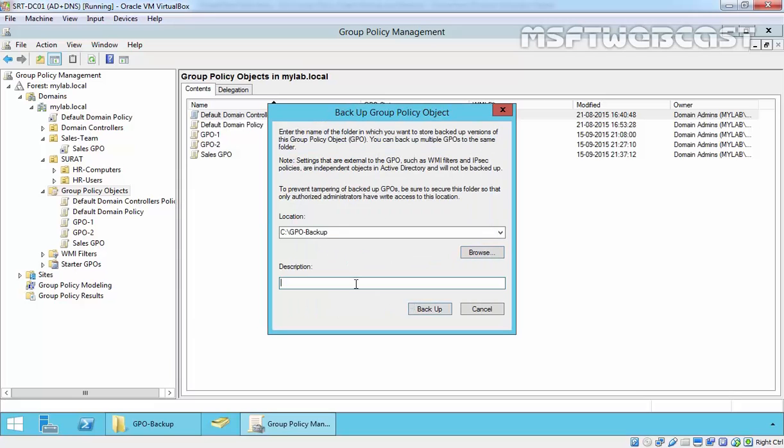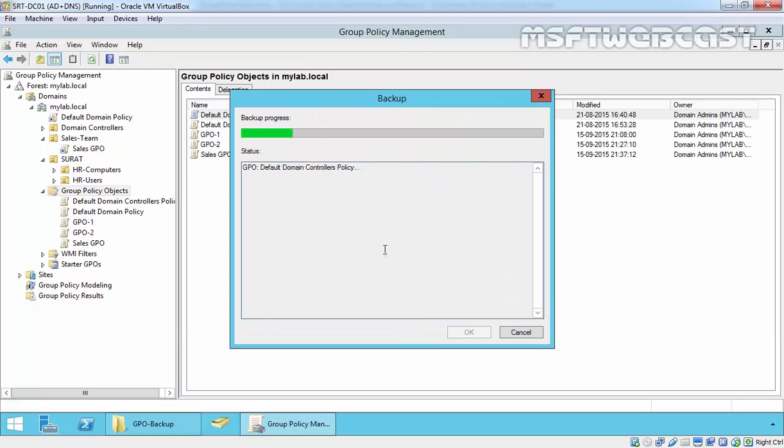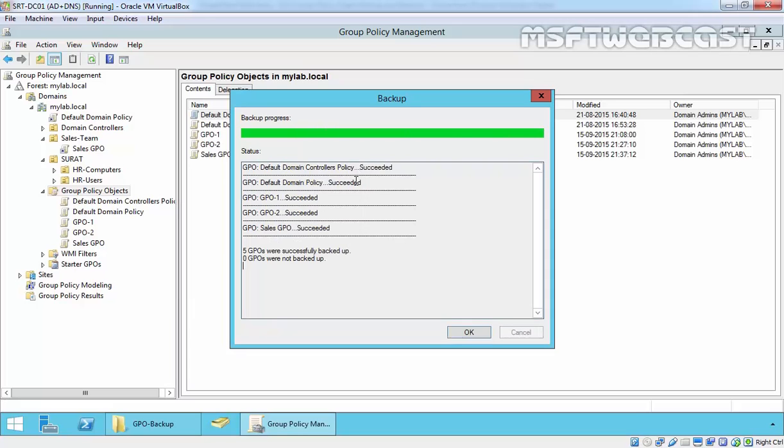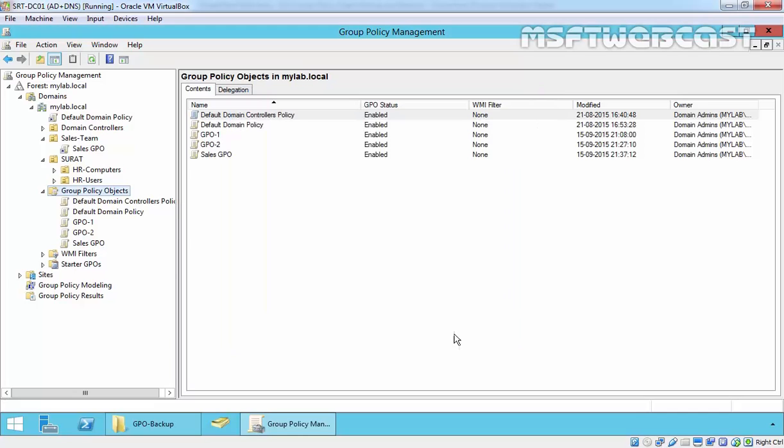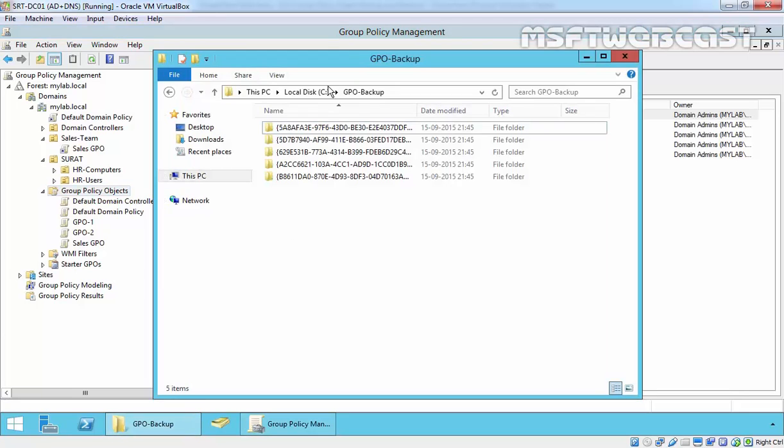Click on OK, and under description I specify all GPO backup, and click on Backup. Yes. Then 5 GPOs were successfully backed up. Click on OK. Now if you see your GPO backup folder, now we have the backup.